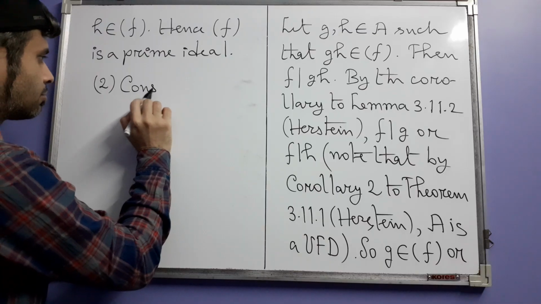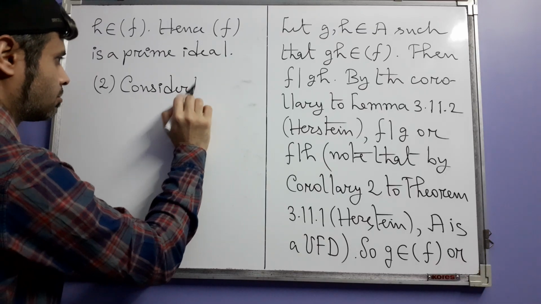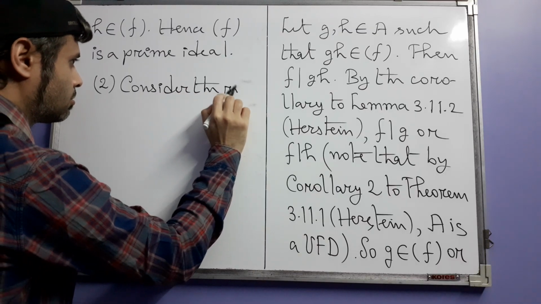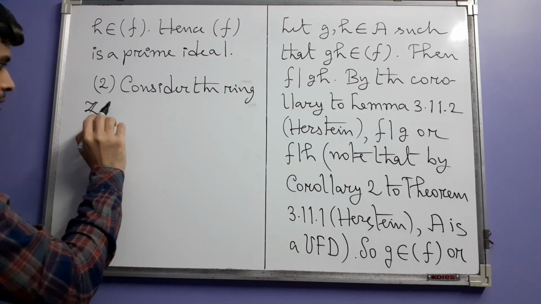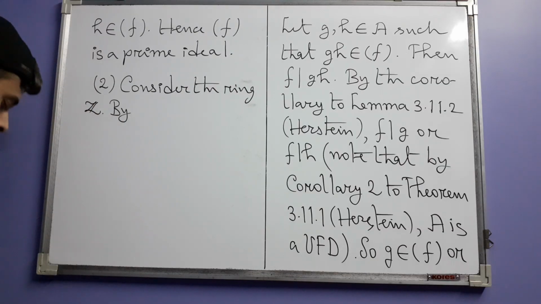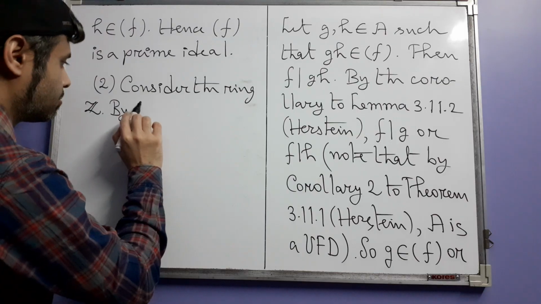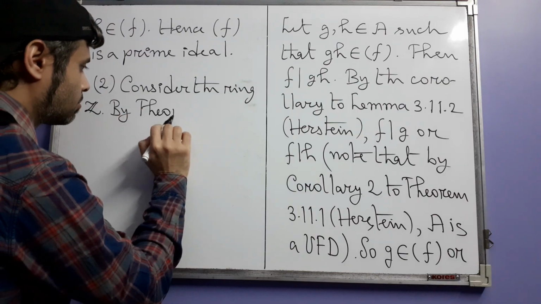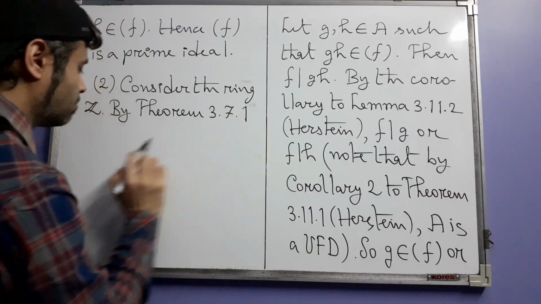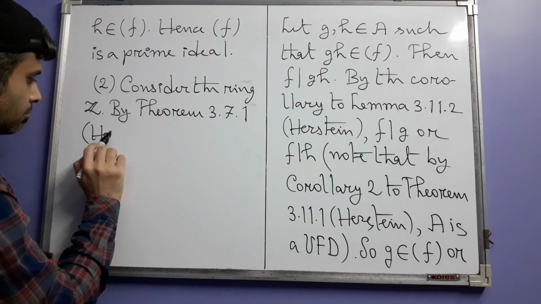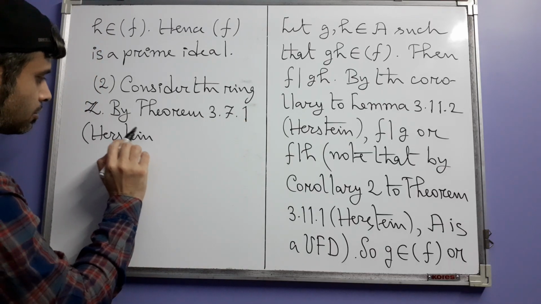Consider the ring of integers Z, and the result is this: by theorem 3.7.1 of Herstein,